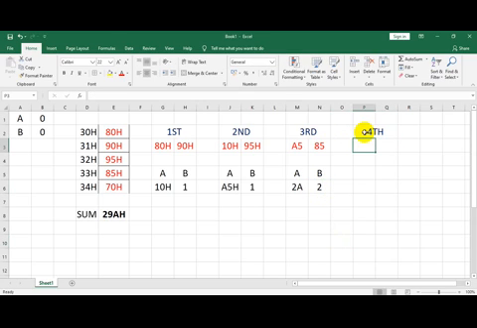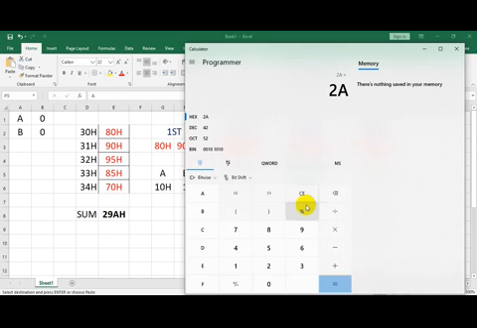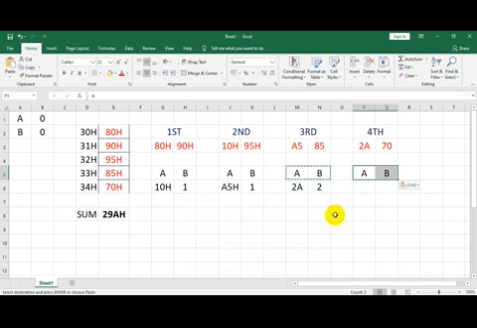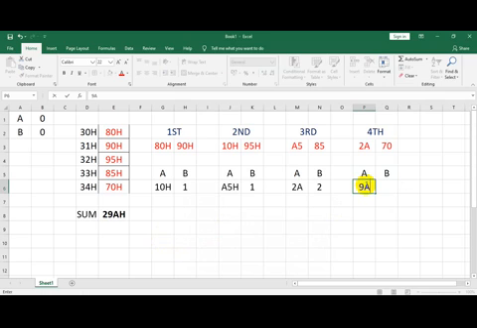So we have the last number left, that is 70H. In the fourth addition, what was the previous result? 2A. So 2A is added with 70H. What will be the result? Let us see. 2A plus 70 is 9A. So A will contain 9A in hexadecimal, and B will contain 2. This is the lower byte of the result, and this is the higher byte of the result. And we have seen when we added all this, it should be 29AH. You can see it is 29AH.